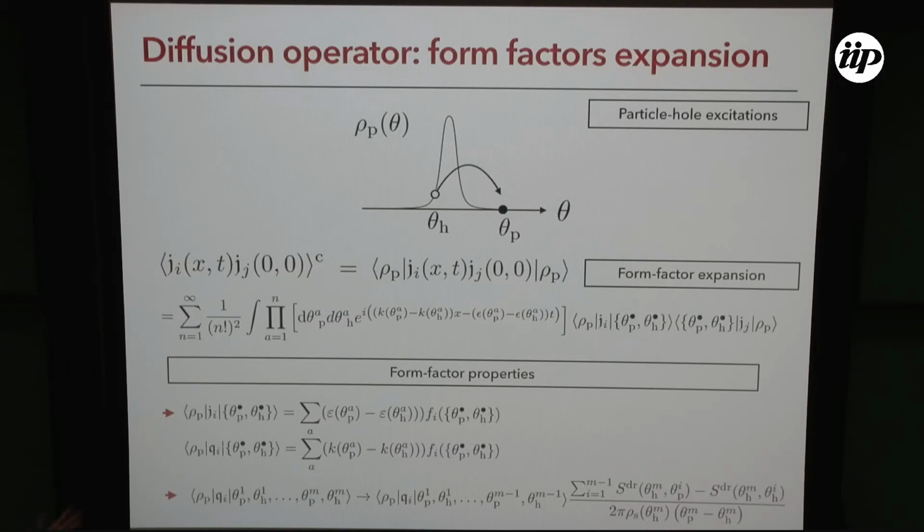Now, this is very well known to everyone working in field theory. It just tells you that if you have some form factor with some generic excitations, particle a and b, and you take one of the particles and put it very close to the other, then this form factor has a single pole, namely it diverges with 1 over the difference of the particles, and the residue is fixed, at least in field theory, by the so-called form factor axioms. It tells you that the residue is given by the form factor with one less particle in a and b times the so-called scattering